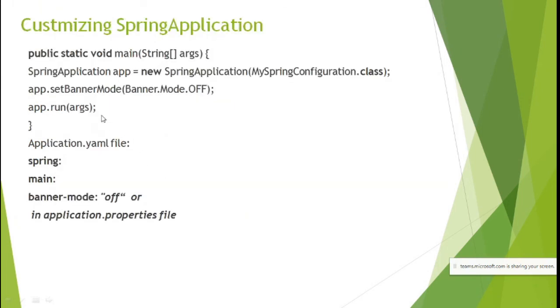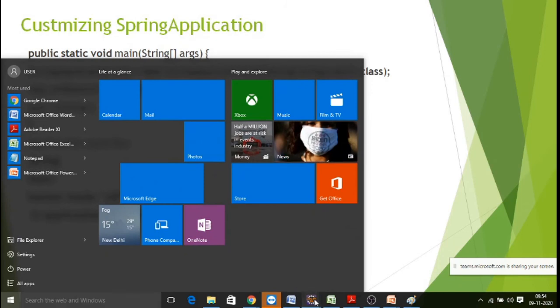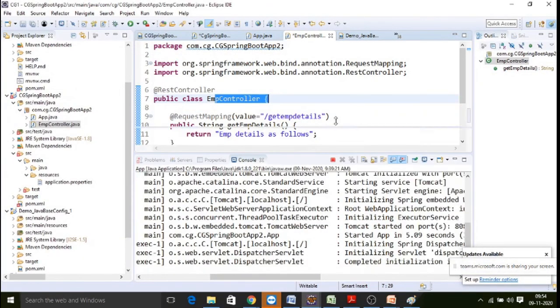And then, how do you customize your Spring application? You can customize it, for example, by providing a class name to be executed with. In Spring Boot, a banner is displayed every time, and you may want to turn that banner off. Such properties you can add. Programmatically you can do it with setBannerMode, Banner.Mode.OFF, and then you can run it. What is this banner? It is what we see every time we run